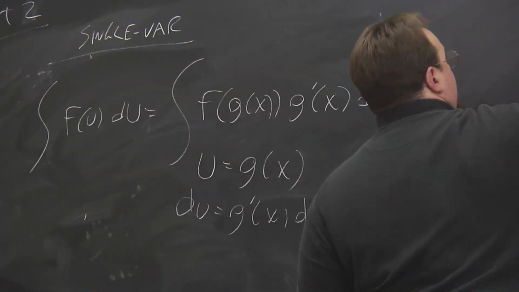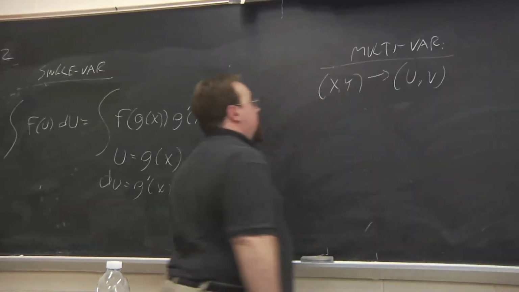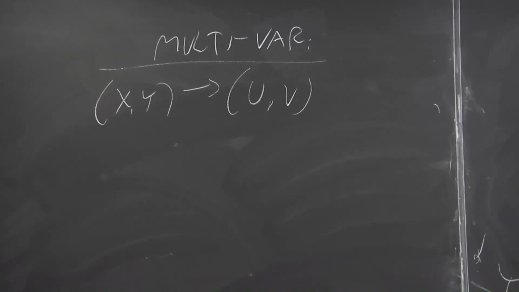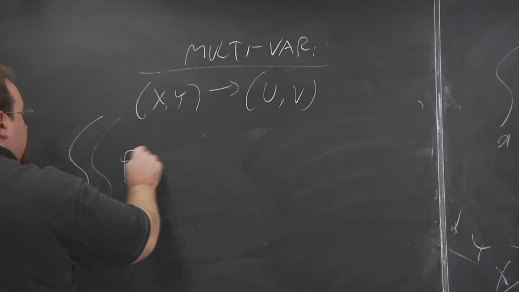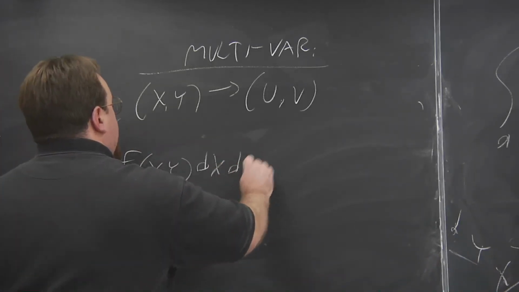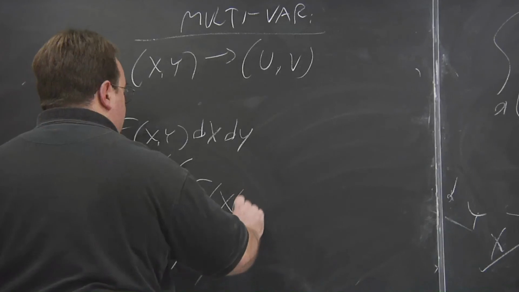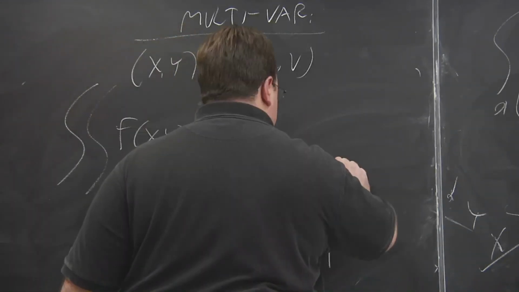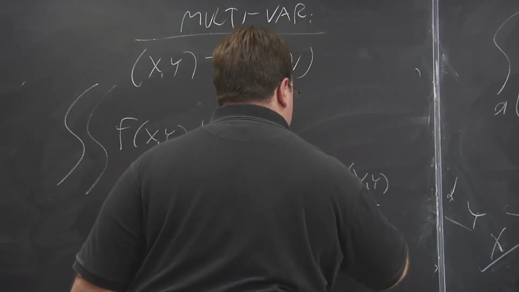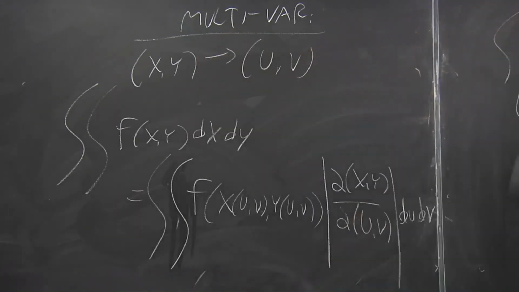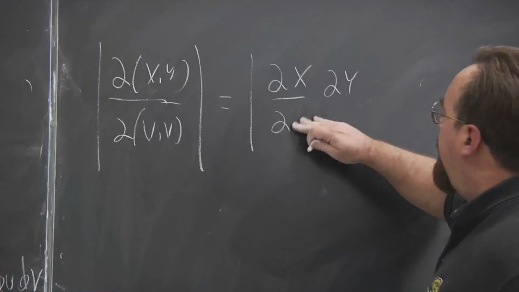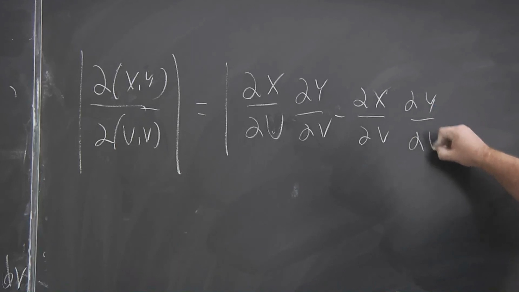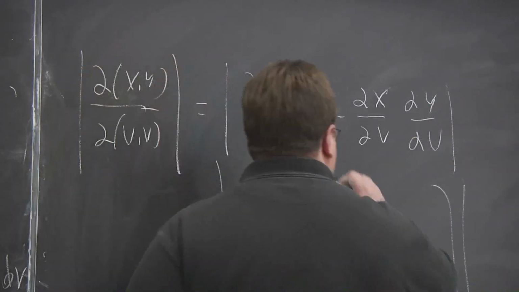If you're changing, let's say, x and y over to u and v, and you have functions that define how the original and new variables relate to one another, then the double integral of f of x y dx dy is going to be equal to the double integral where x and y now depend on u and v, and then you're going to have the absolute value of the determinant of a Jacobian matrix. And then we have du dv. So to explain what this is, that is equal to dx du dy dv minus dx dv dy du, which is actually equal to the determinant of a matrix that has